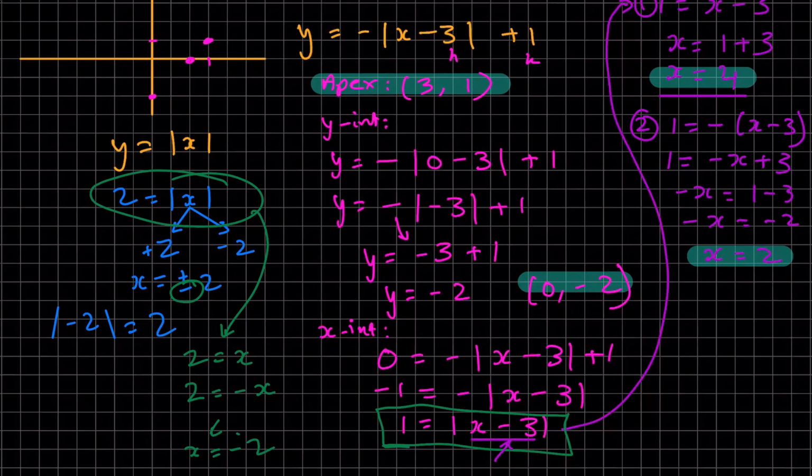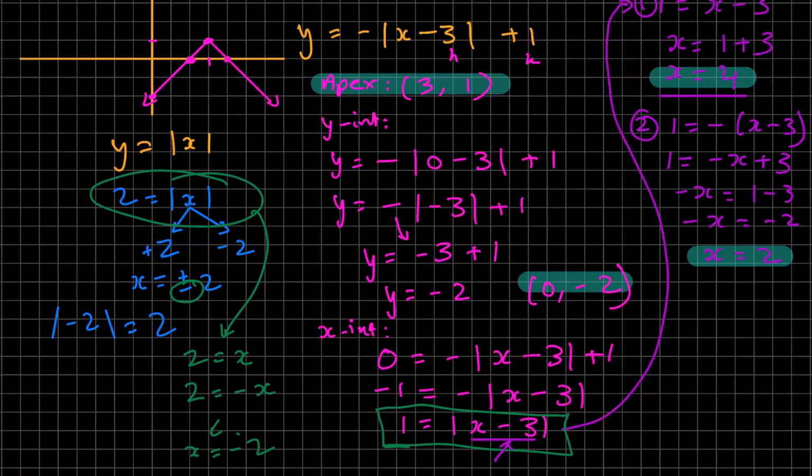So x equals 2 is over here. X equals 4. I'm going to have to expand this a little bit just for clarity. X equals 2 would be here. X equals 4 would be over here, giving us the general V shape of our modulus graph, this time being